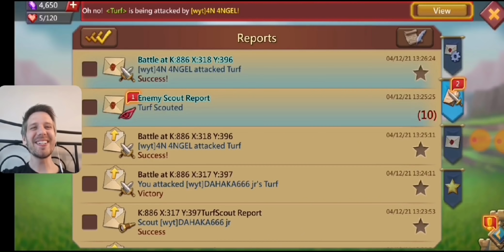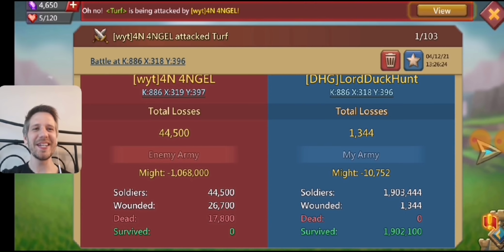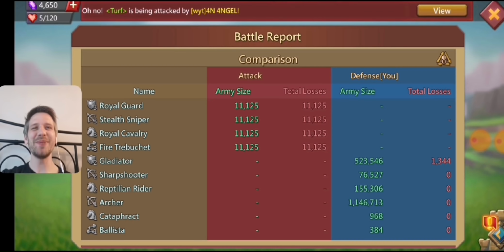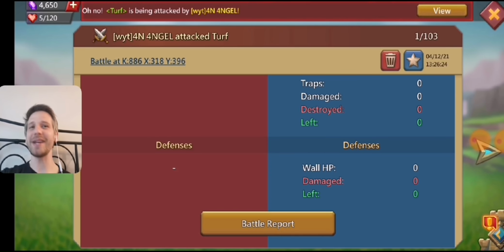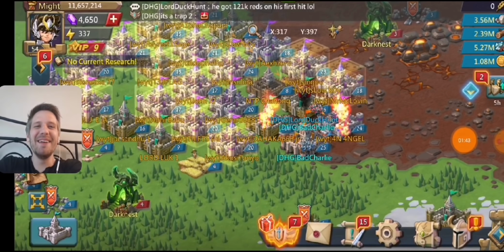So unfortunately, he did take some more reds on this, so he's kind of just zeroing himself at this point. Had another 17,000 reds on that one. Again, it's all tier 3. But yeah, again, I have his leader, so he wants the leader back, and then Bad Charlie went in and